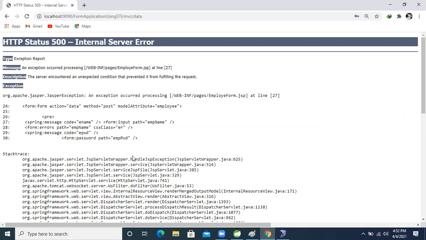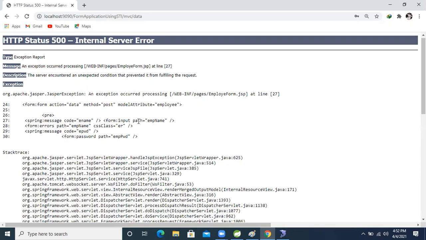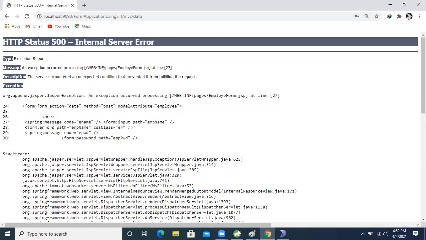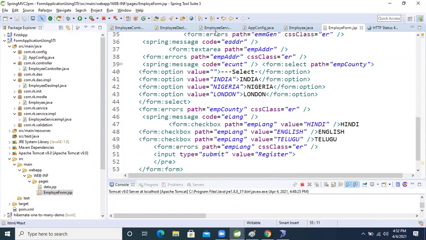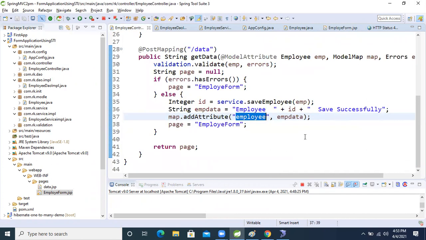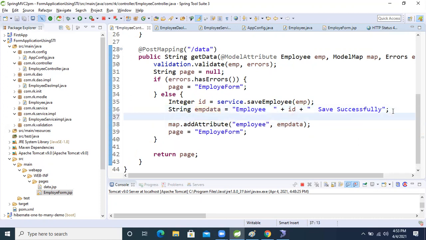The problem is, guys, if we are doing this one, then we need to increase the code in the controller class. So for that, we need to take another page only, because this page is JSP and we are using JSTL, so here we need to return the object also. Okay, no problem, we can do it.